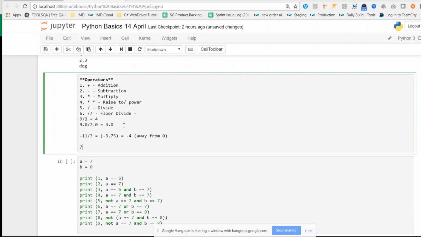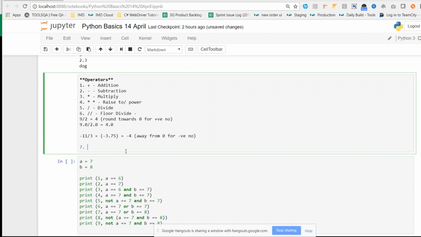You can just Google more for understanding floor divide. It is just rounding towards 0 for positive numbers, and away from 0 for negative numbers.